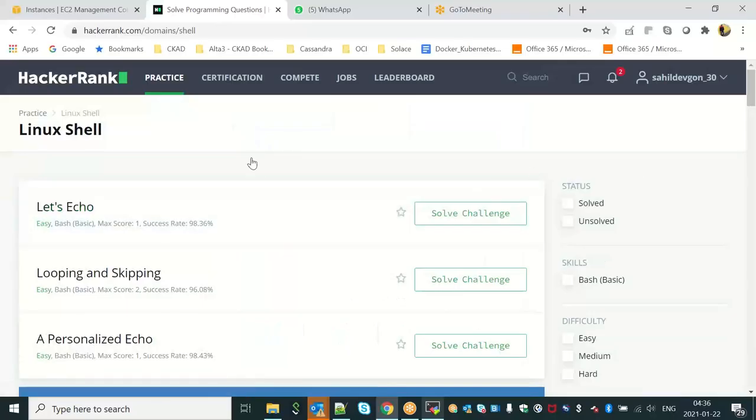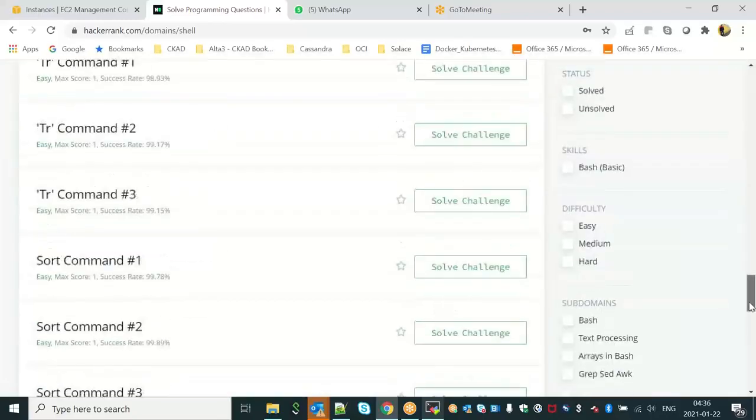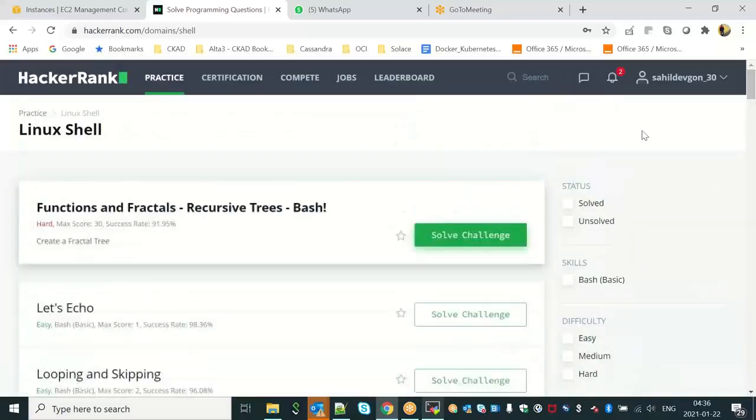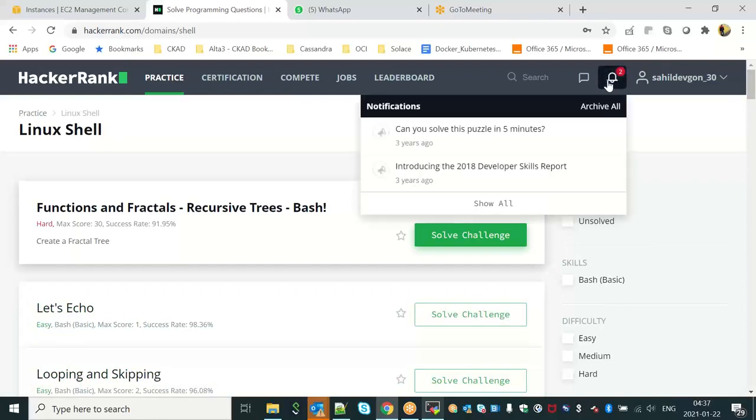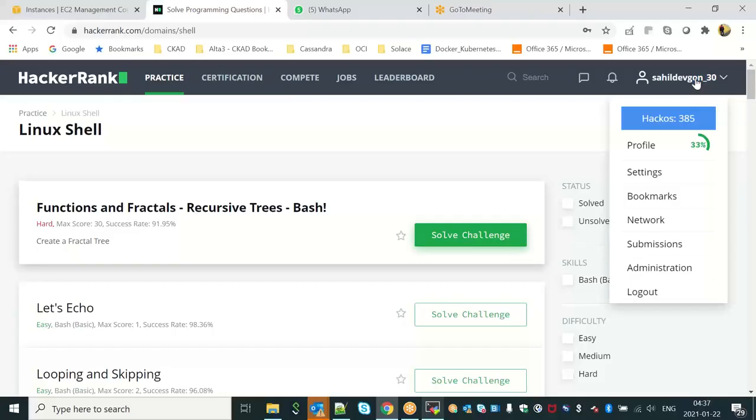Okay, so it will give you all those questions which you can solve. You can solve it as a challenge basically, and once you are through with it, I will also start it when we do our shell scripting session. Then I'll also take you to this page and do these questions one by one so that we all can practice. And basically, it's going to rank you